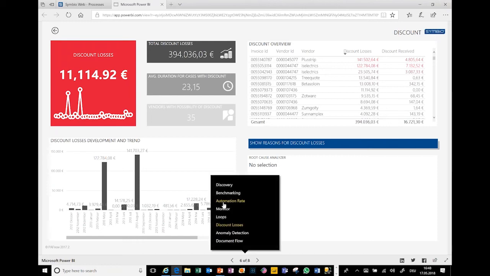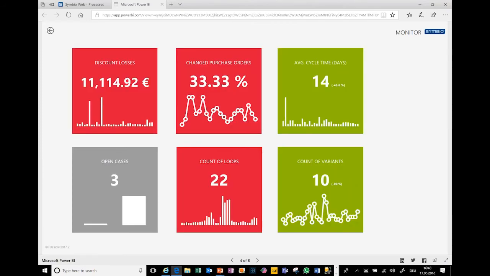In the next example, it becomes very clear that we use Microsoft Power BI in this case to integrate these capabilities in Symbio. Power BI is an analytics and reporting platform, and therefore all the capabilities that you could imagine around BI and dashboarding, we can also use in this application.